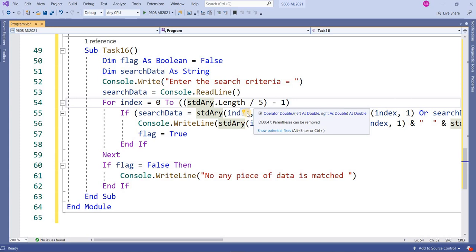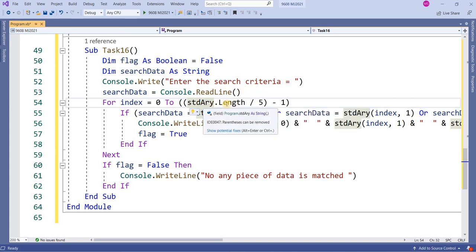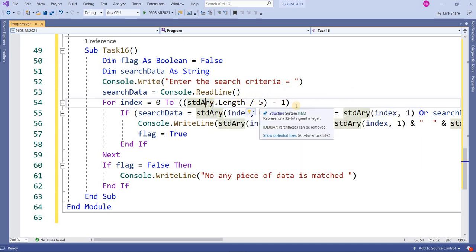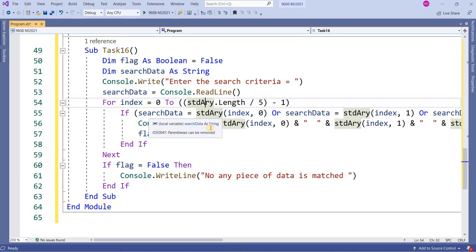If you enter 5 rows and 5 columns, that will give you a length of 25, but I know that I have fixed 5 columns, that's why I have divided by 5. 25 divided by 5 gives 5, minus 1 means 4. It will move as many times as there are rows. 5 rows, starting from index 0 to the 4th index.